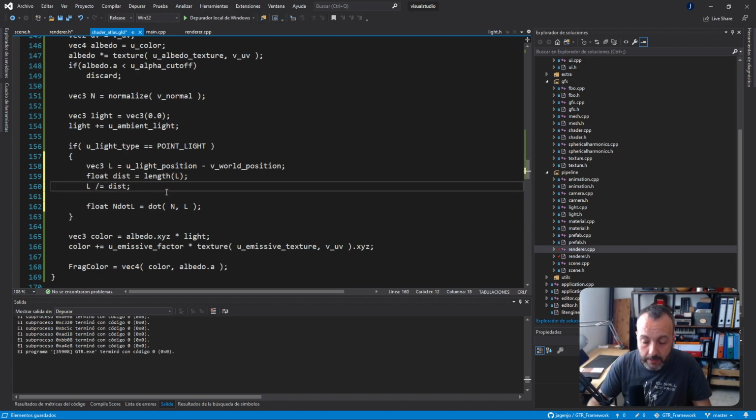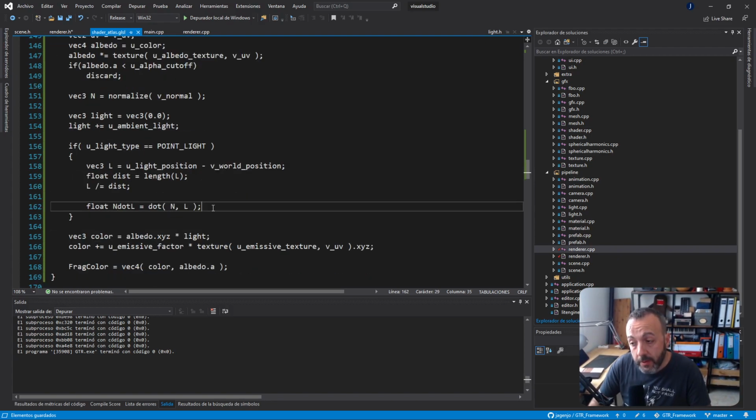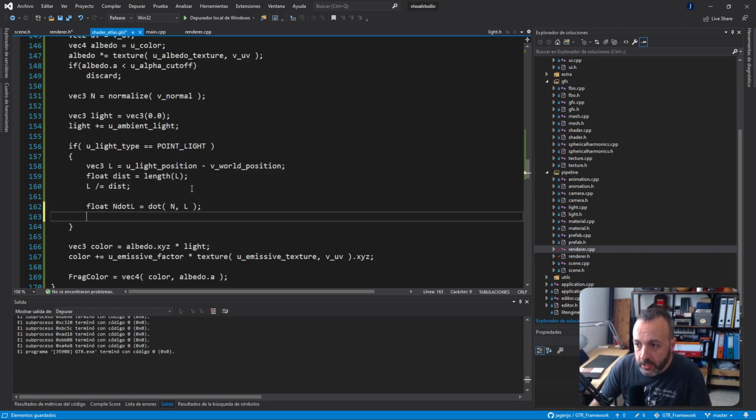I'm taking a vector and dividing by its module. So if its module is 100 and I divide by 100, it's going to be module 1. So it's normalized, okay? Now I have the dot product, and because I have the dot product, I can do the operation and ask how much light this object is receiving. The amount of light it's receiving, I'm going to add here the n.l, but remember that the n.l has to be clamped between 0 and 1,